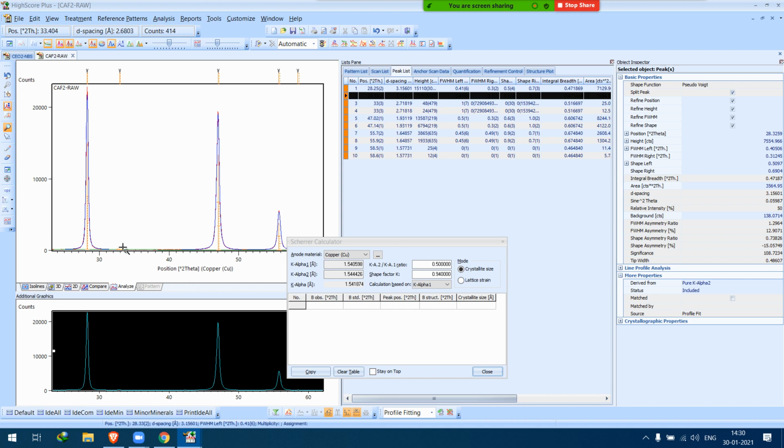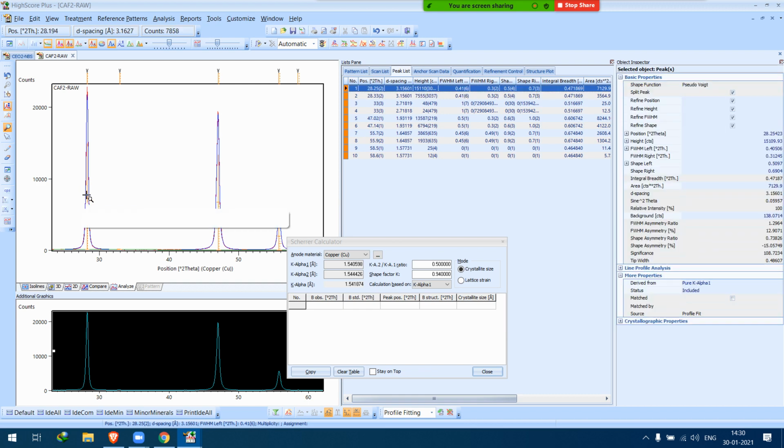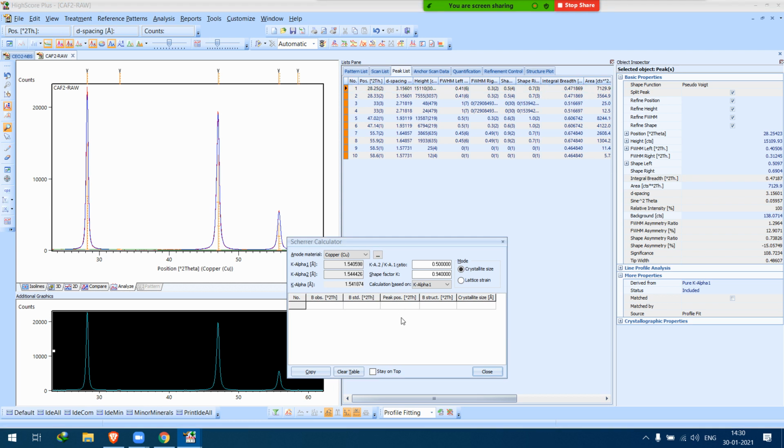I'm going to take this peak, which is at 28.25, and you can fill in the broadening here. This broadening is around 0.41.